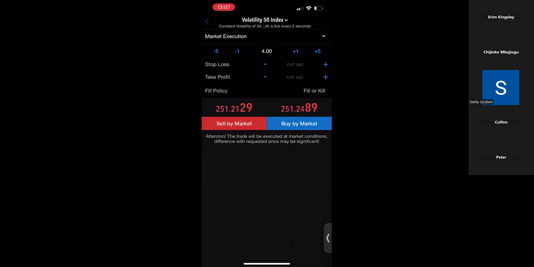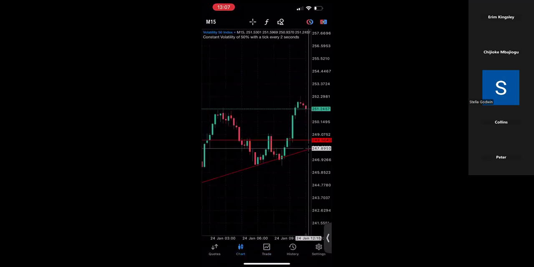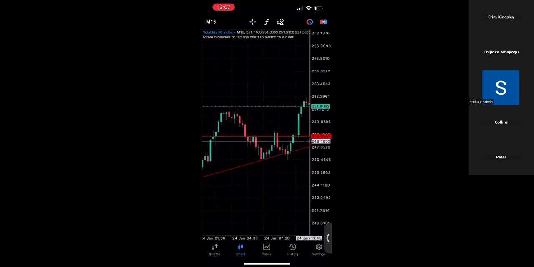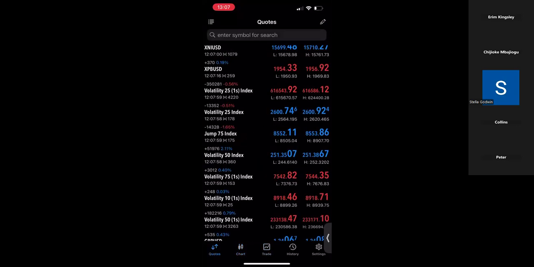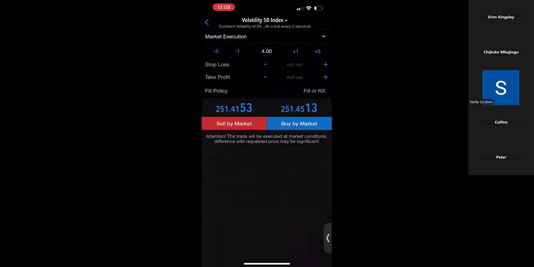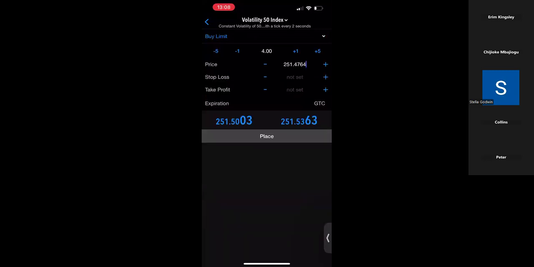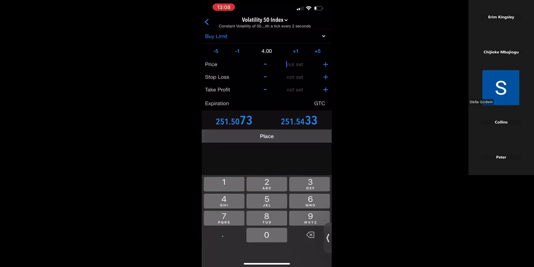Now you are using pending orders. So our pending order says we are doing a buy limit, at 248.170. So you click here. What you're saying is instant execution. Instant execution is when you just place a trade, boom, boom, boom. That is called instant execution. Now we are doing a buy limit. So you click on buy limit. Price is when you now clean this, 248.170.